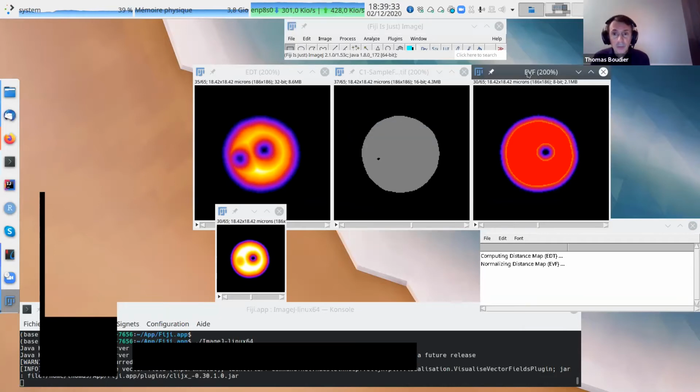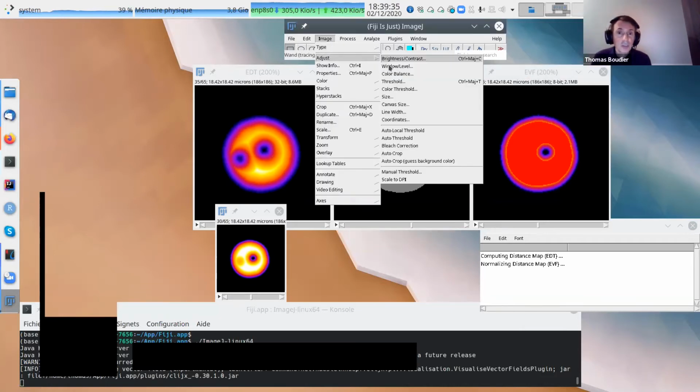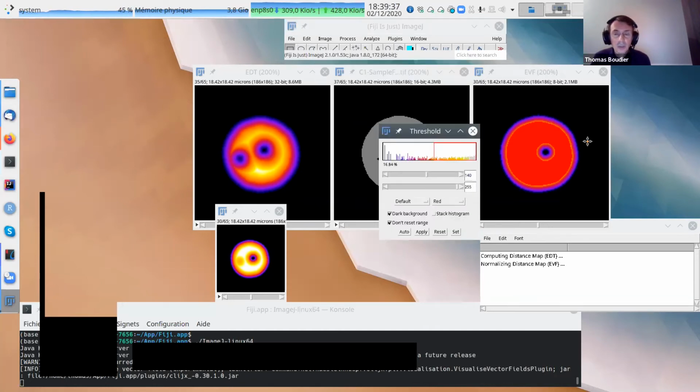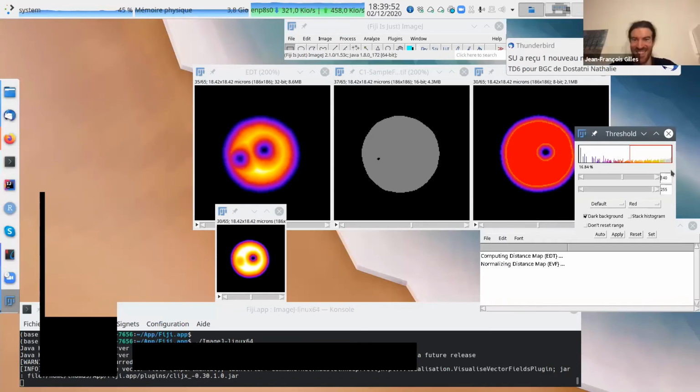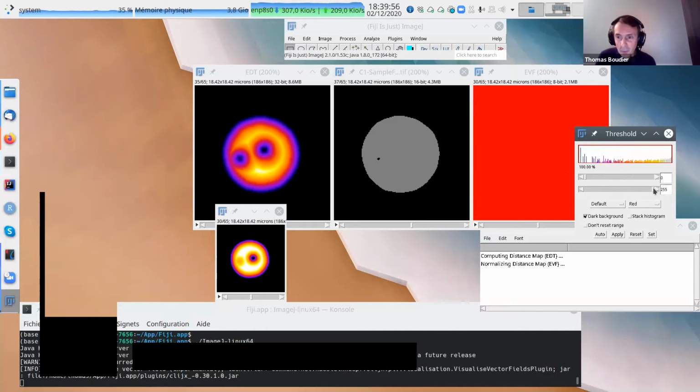Maybe this image adjust threshold usually is not as crazy as this. It's strange. Sometimes you play with this, like this.